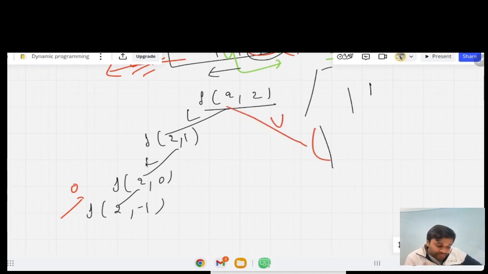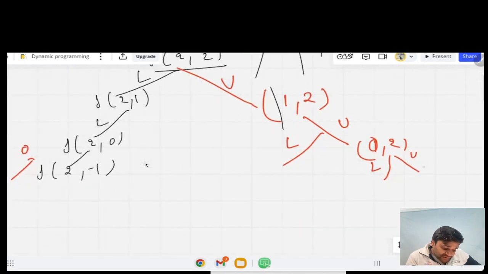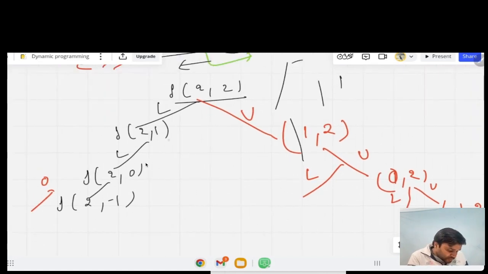When we are going up, the row will decrease by 1 and the column will remain the same. It will ask its upper cell and its left cell. Row will decrease by 1. This is 0, this is 2, and similarly for the left and upper cell. It will ask -1 and it will remain 2. So each node has these two ways to check how many ways there are